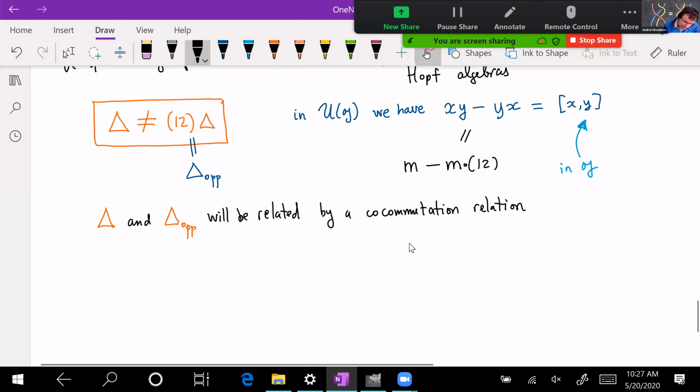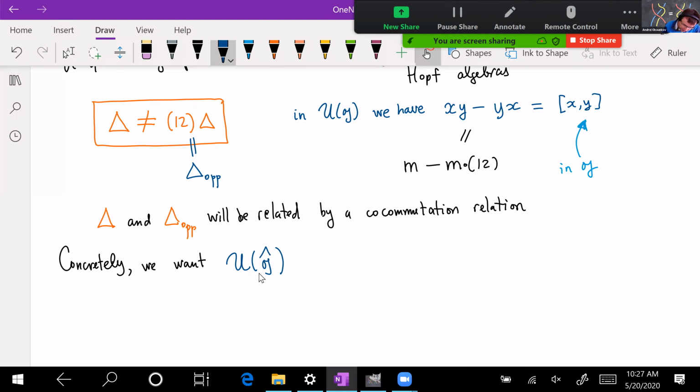And concretely, we want a deformation. So we had the universal enveloping algebra of some Lie algebra G hat, which I'll explain, and this we want to deform to some quantum version,